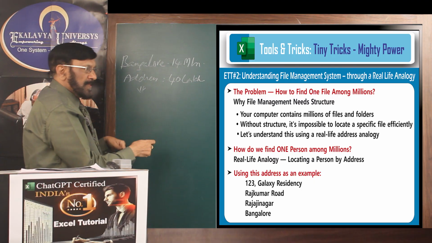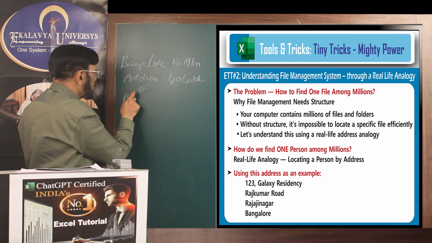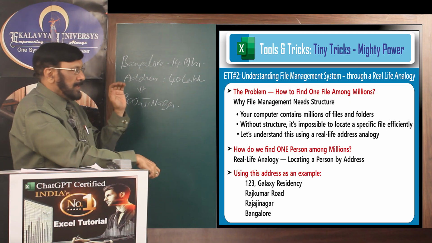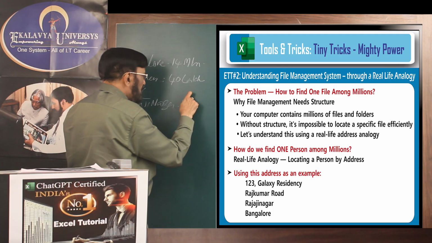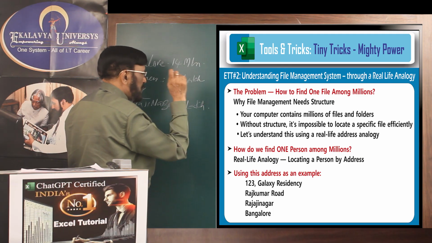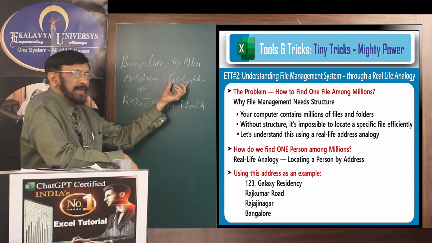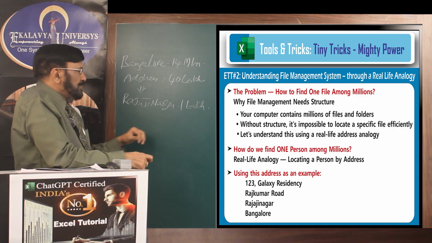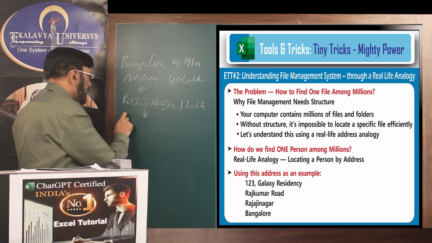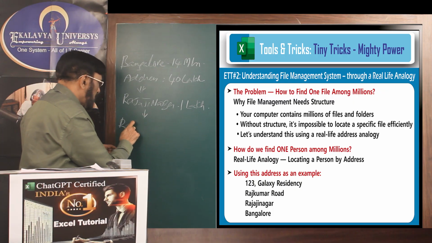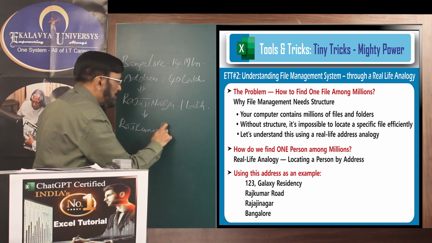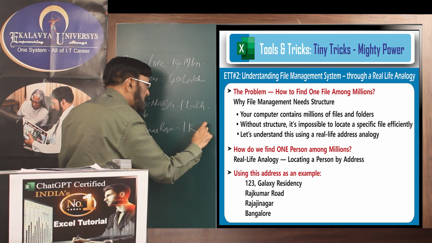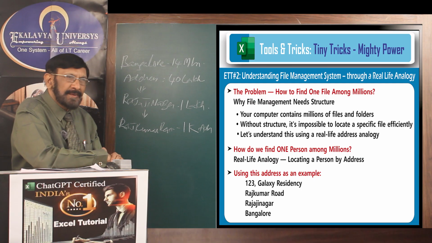Now, let us refine it. In this, we are taking Rajaji Nagar. Rajaji Nagar is one of the popular areas in Bangalore. In that, let us say, an imaginary figure I am taking, 1 lakh addresses are there. Here, 40 lakh addresses; once it comes to Rajaji Nagar, 1 lakh addresses. Then one of the prominent roads in Rajaji Nagar is Rajkumar Road. It is part of Rajaji Nagar. Then 1000 addresses are there. It reduces to around 1000 addresses.